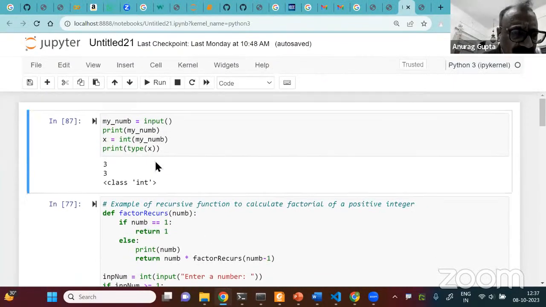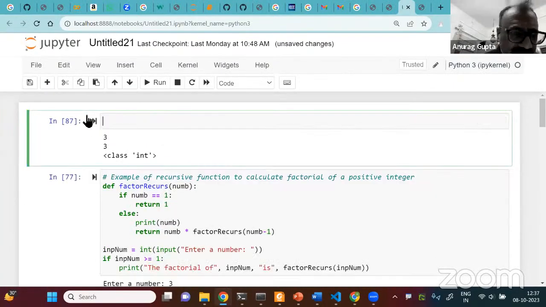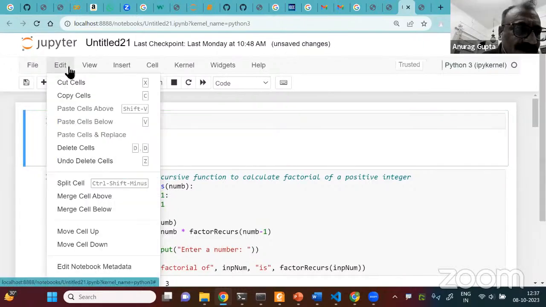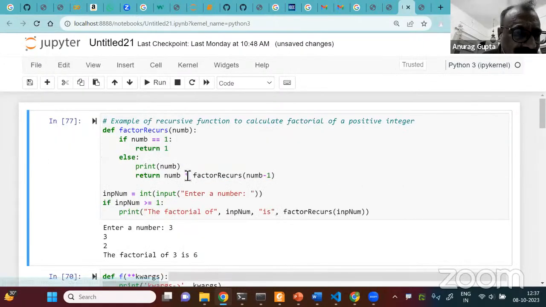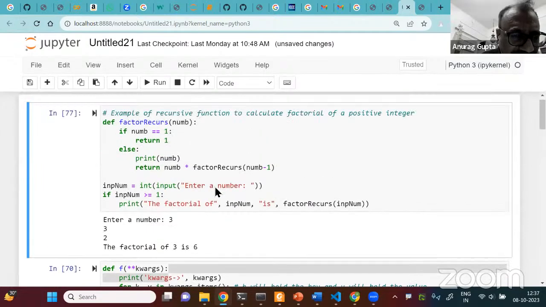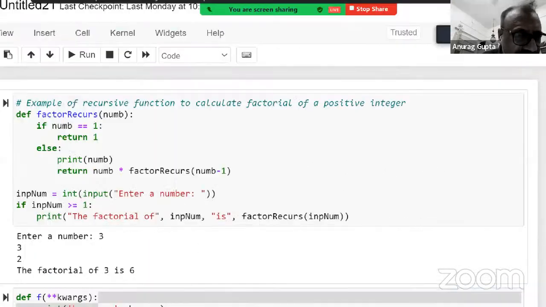I think this is a distraction. We don't want to go into this, right? So let us delete this cell and let's come back to our mistake. Let us understand this code. So again,